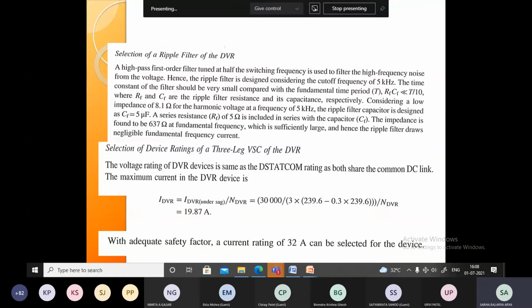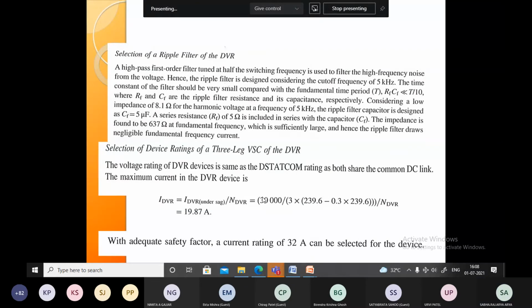How much voltage do we need to inject? To find that out, based on the stack, the highest value of columns, stack, swell, and balance, whatever the column is, the highest is there, and based on that you can design. After assuming all the columns, they will not come at a time. Okay, based on that we can design.